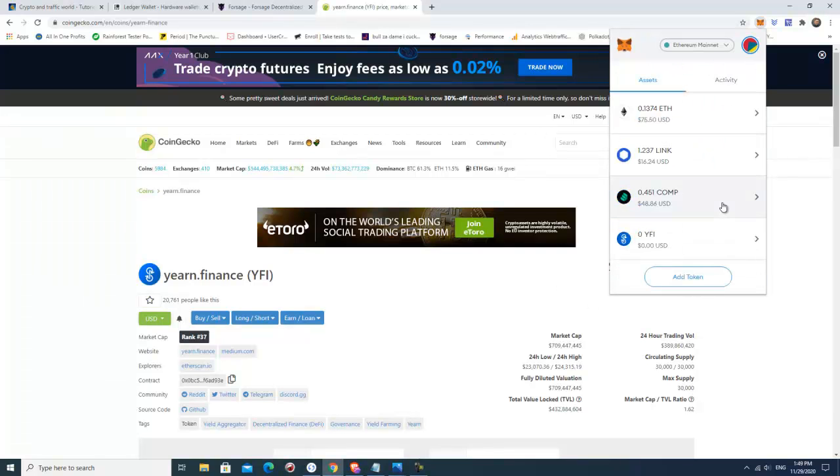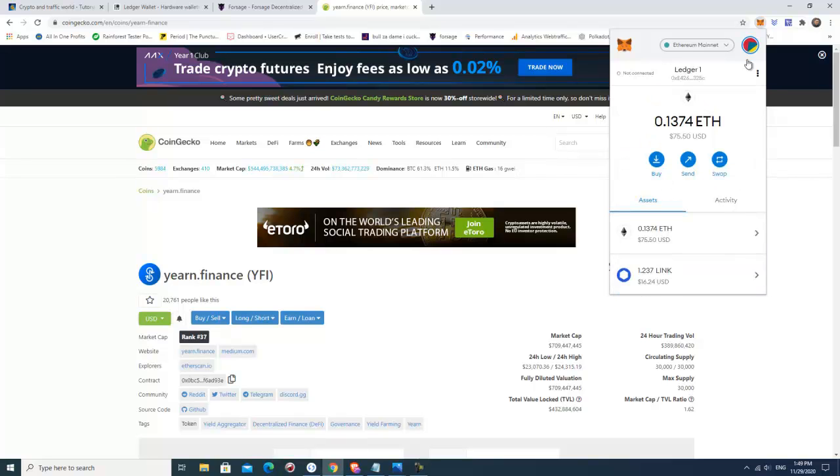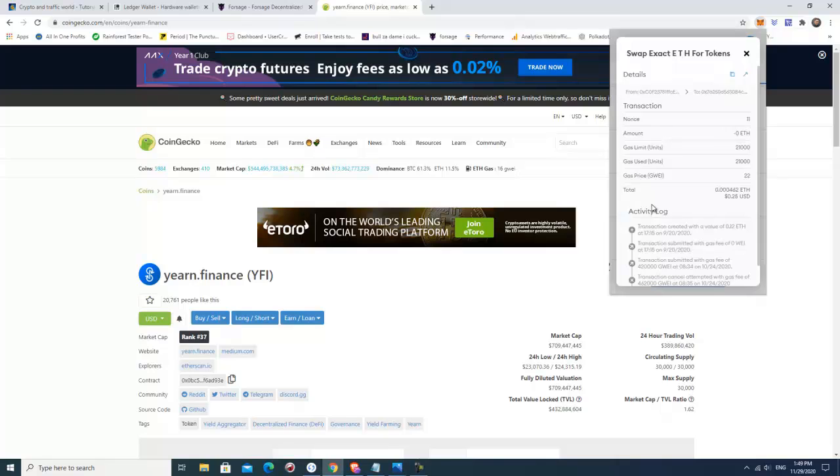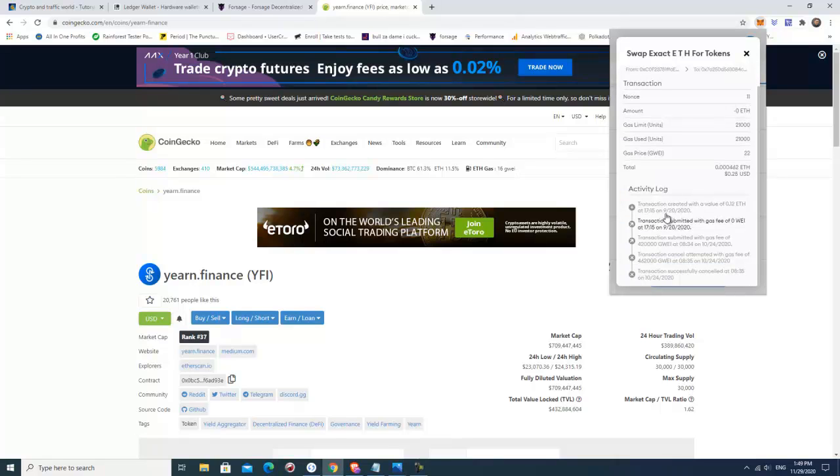For example, I can go here to activity, and you can see this swap from Ethereum to another token was created. You can see the date and month,